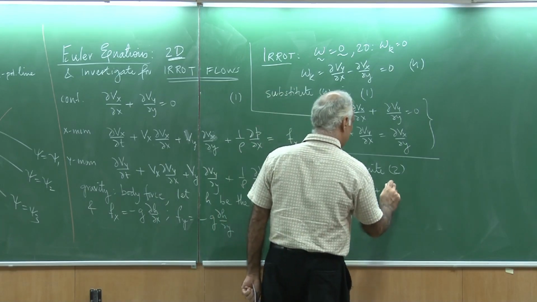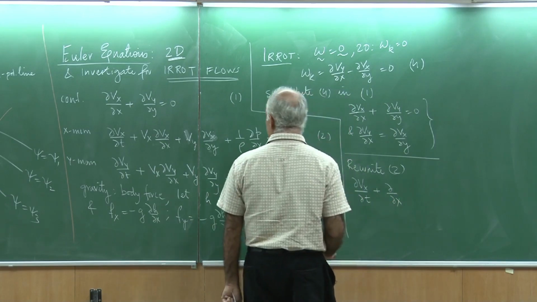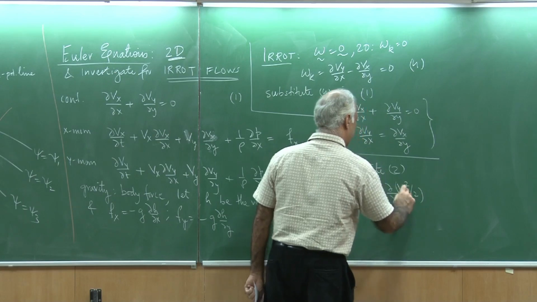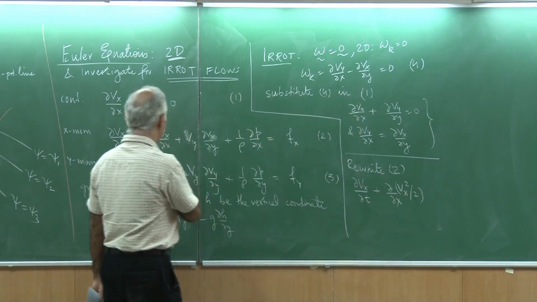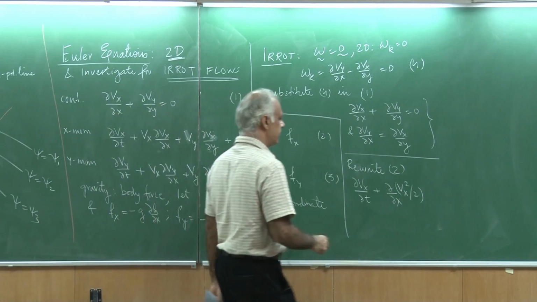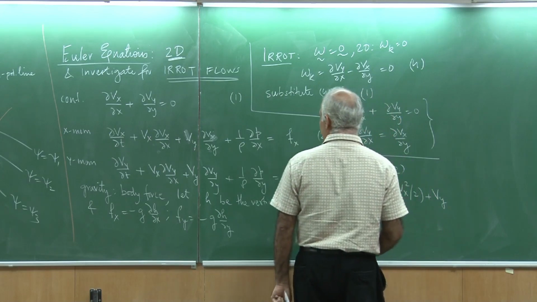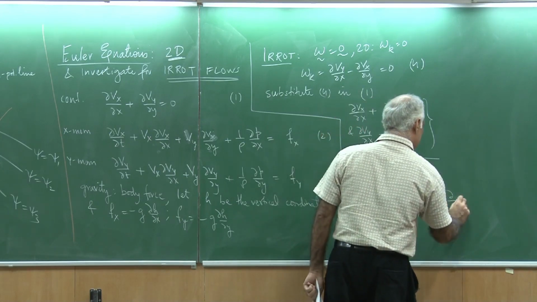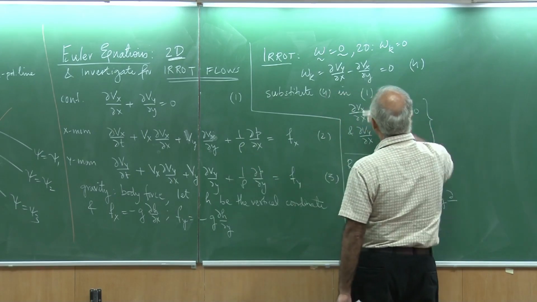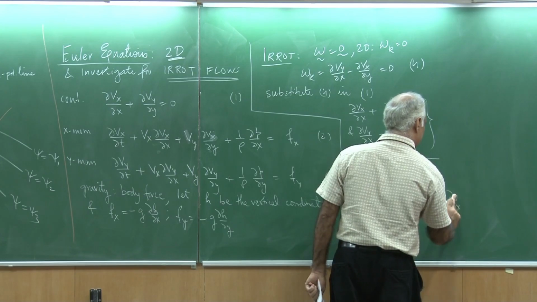The second term I will write as del by del x of Vx square by 2, okay, this term. And then the next term plus Vy and this del Vx by del y I would substitute with del Vy by del x,